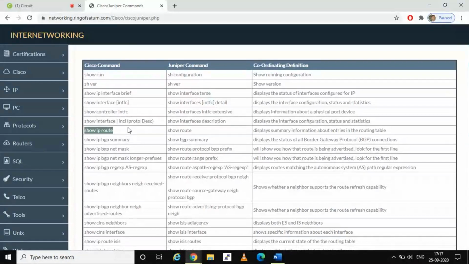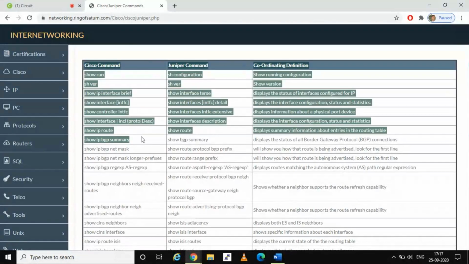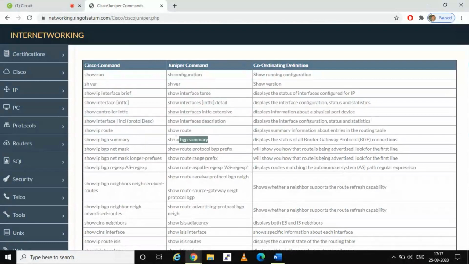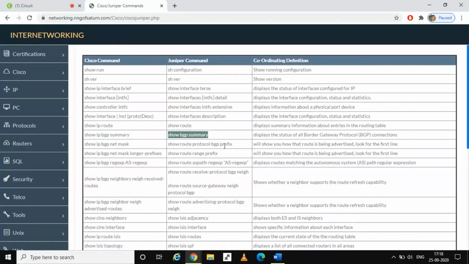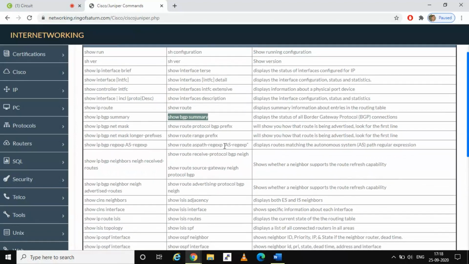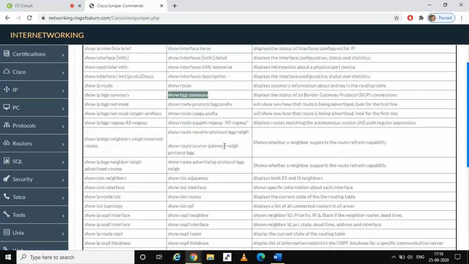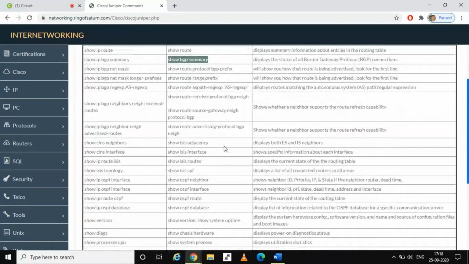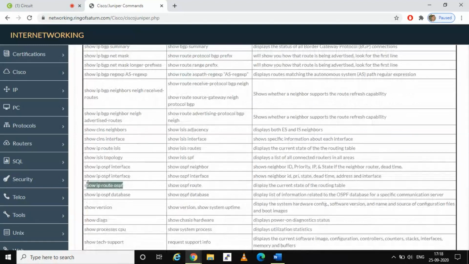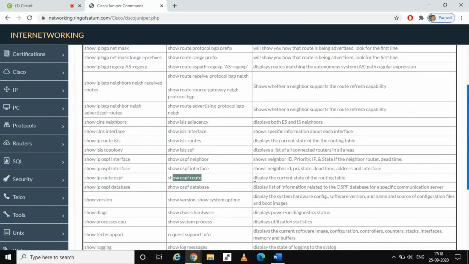On the other side, there is only show route. Show ip bgp summary, on the other side there is only show bgp summary. Also more commands, like show ip route ospf; on the other side only show ospf route.